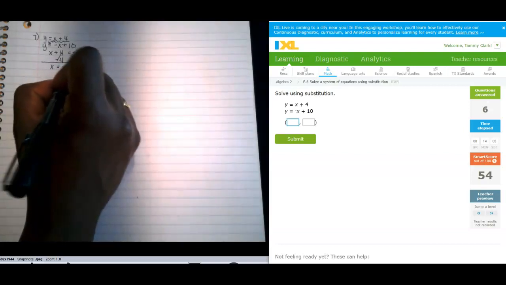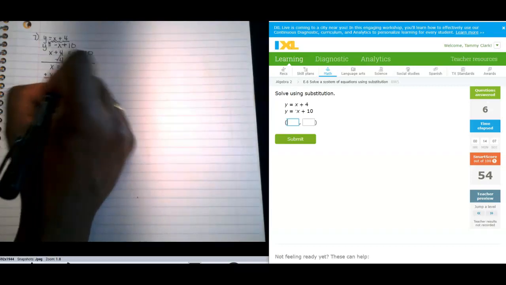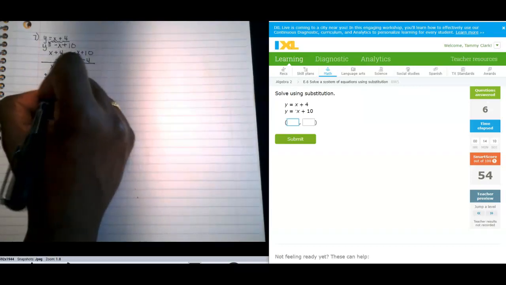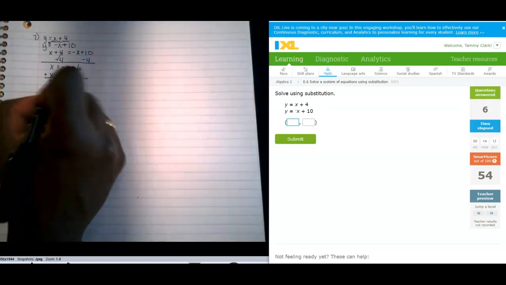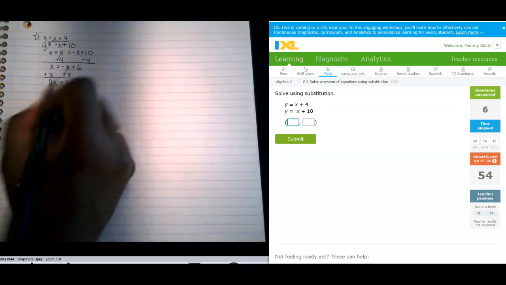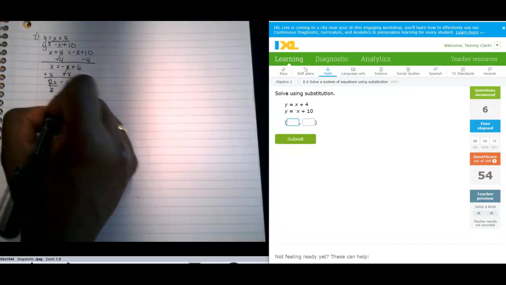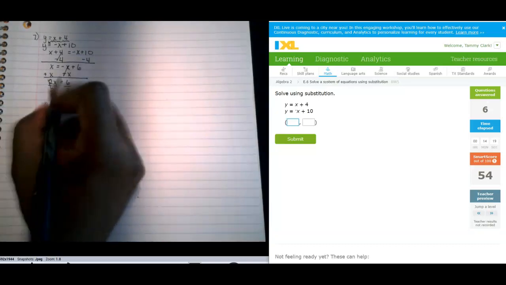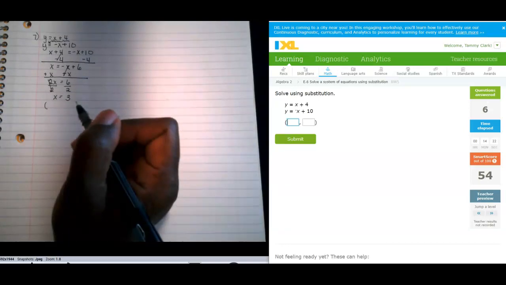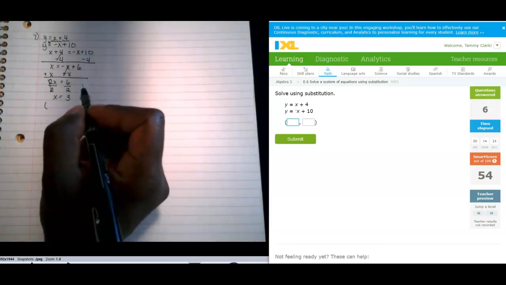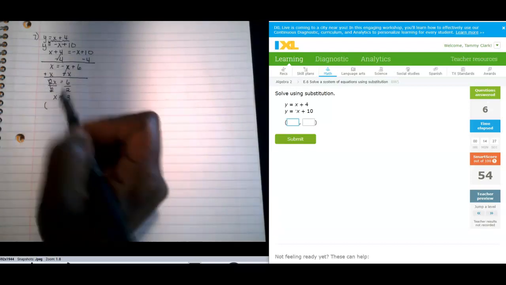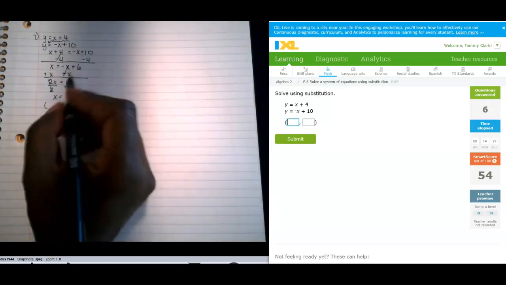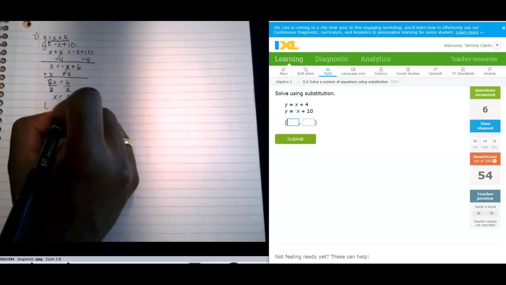So I'm going to add x to both sides of the equation, and I've got 2x is equal to 6. Now I just solve for x by dividing by 2 on both sides of the equation. X therefore is 3. So the ordered pair that makes both equations true, or shows us where they cross, well, we know that the first value is x, but we don't know what y is. So what we do is we take the value of x